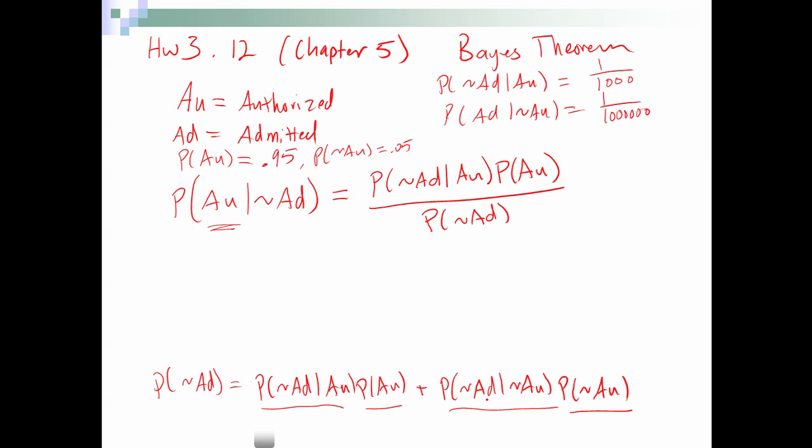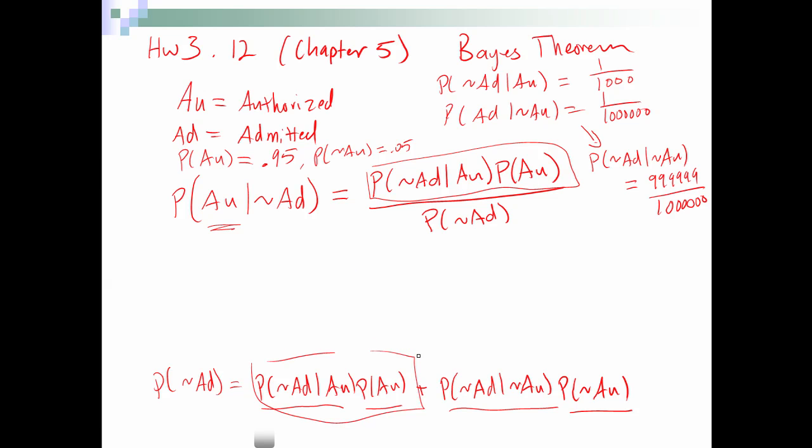And so now we just need the probability of not being admitted when you're not authorized. So how do we get that? We're going to use the law of complements again and say that the probability of not being admitted given not authorized is 1 minus 1 over a million, so that's 999,999 divided by a million. Okay, so we've got everything that we need. Notice that this numerator here is actually part of the denominator. Okay, so let's just plug these numbers in,